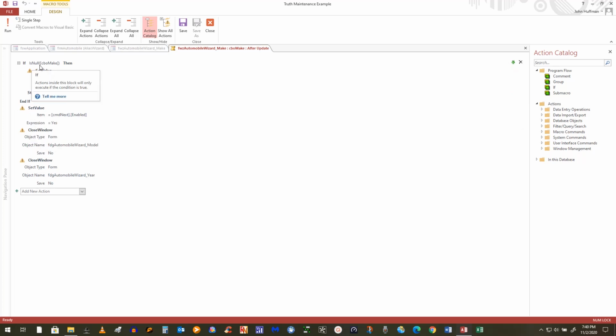if it isn't null, meaning they haven't set it back to null, then what we've actually done here is change the value. So maybe it said Ford. I came back to it, I didn't wipe it out, but I changed it to Saturn. Well, what if I had picked values in the subsequent windows of that wizard, in the model and the available year? Those aren't true anymore, right? So what I'm doing there is I'm going to set the value